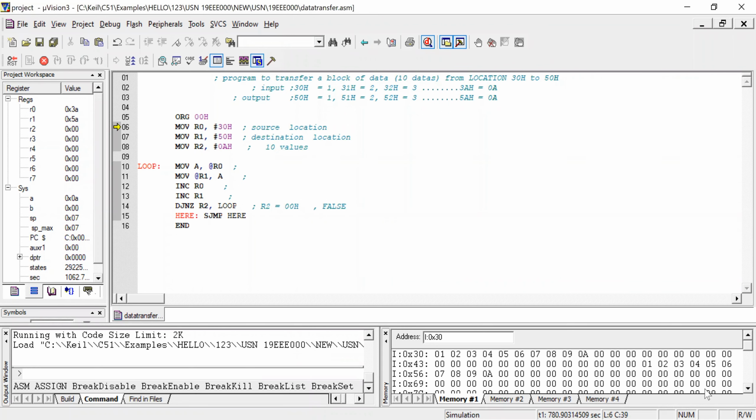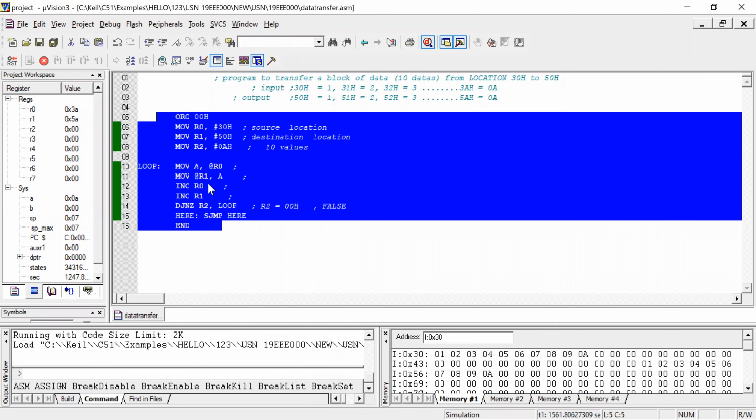data 01 is copied. See, in 50, data 1 is copied because 1 is given in location 30H. So in 51 location, data 2 is copied. 2 is copied. 3, 4, 5, 6, 7, 8, 9, 10. Right? So now you can see as per the program, the block of data, that is a quantity of data, is transferred from one location to another location.